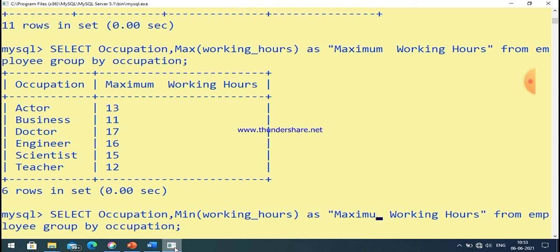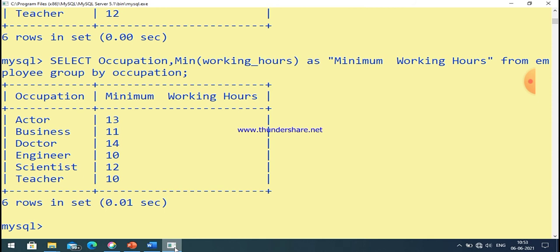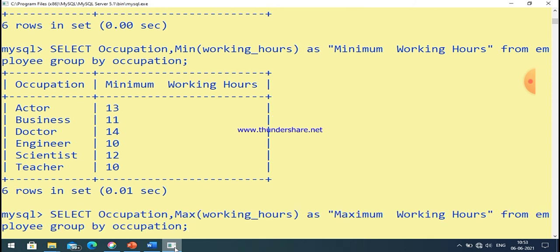And among different categories of occupation, the minimum or maximum value will be calculated. If you use the min function, then the minimum value will be calculated. If you use max, then the maximum value will be calculated.